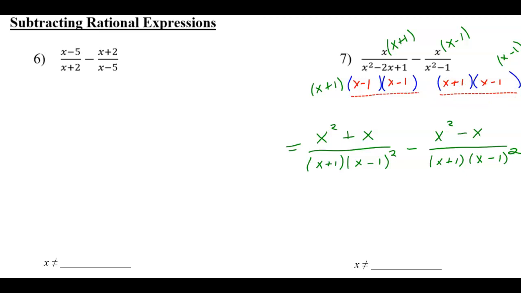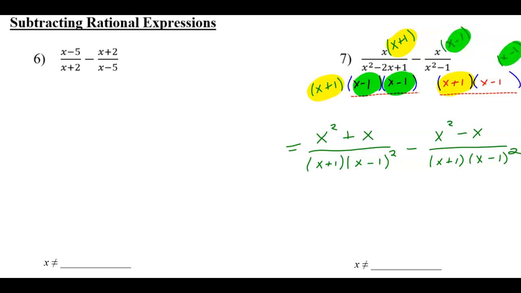So you can never take anything away. You can't just delete something. We can only multiply into something that makes them the same. So in this case, this factor had an x plus 1, and this left side didn't. So I had to multiply the left side by an x plus 1. The left side had 2 factors that are x minus 1, so we had to multiply the right side by